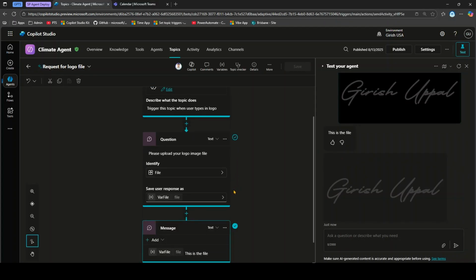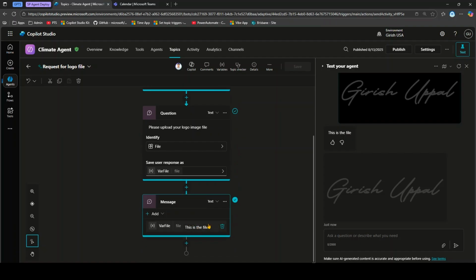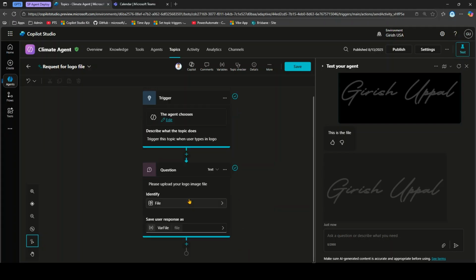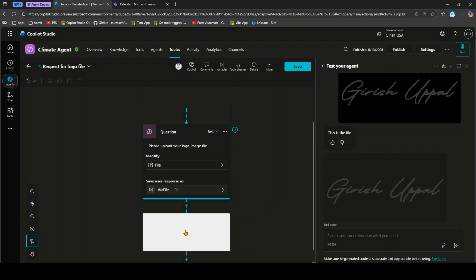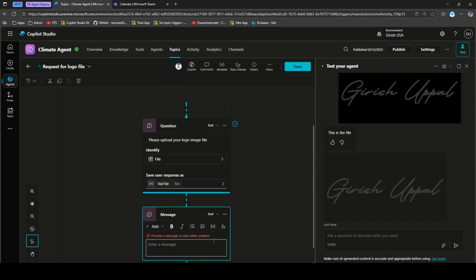Now there are other things which you can do. Now let me remove this message node. So this is what will return the file. So what we have done, we have taken the var file of type file, and then we have just put this file in the message window, and then it has given us the response back. So let me remove this message and add a new message. So I'll say send a message,